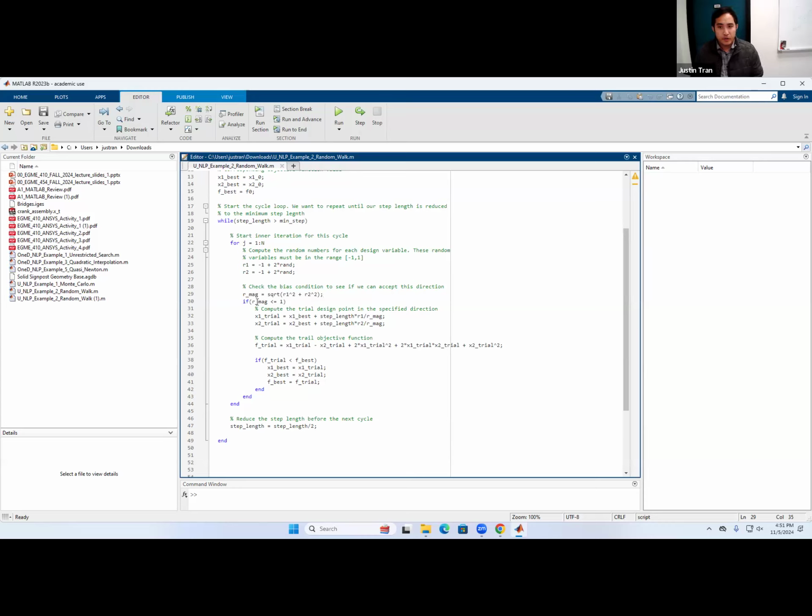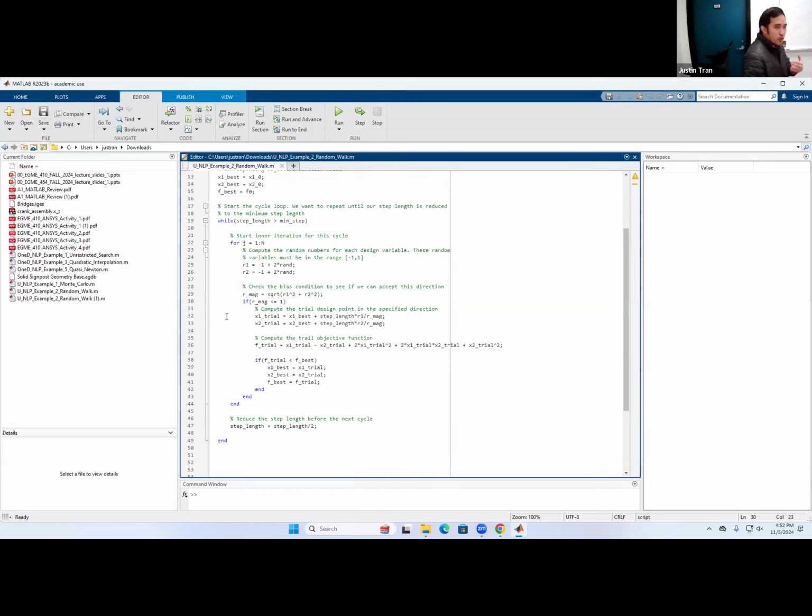The next thing that we have to check here, and this part actually is optional, and that's why I didn't go over it in the notes. One thing that you can check is to see if your random magnitude is actually less than 1. This is just a sanity check to make sure that you didn't just end up with zeros on everything, or a very small direction.